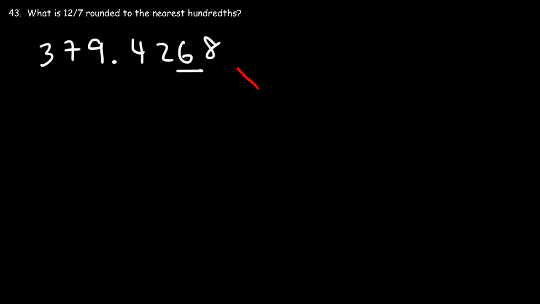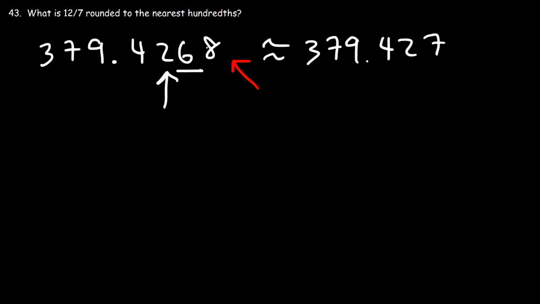Now, looking at the 8, if this number is 5 or more, we need to round this number to the next higher number. So to round this number to the thousandths place, it's going to be 379.427. Now, if we want to round it to the hundredths place, we got to stop at this number. So looking at the next number to the right, it's 5 or more. If it's 5 or more, we're going to round it up. If it's 4 or less, we're going to round it down. So to round it to the hundredths place, it's going to be